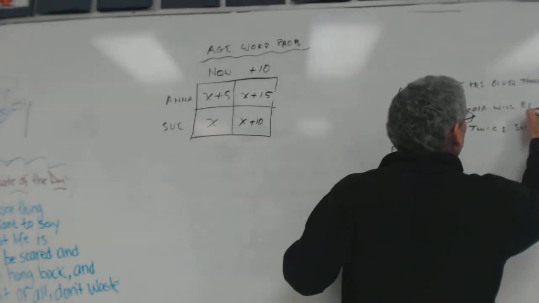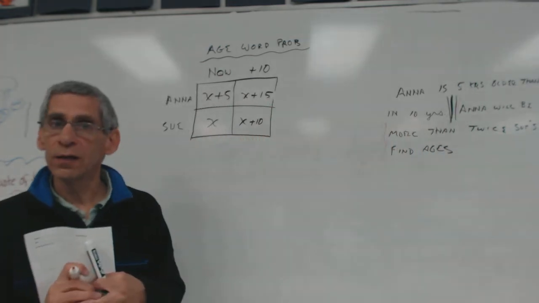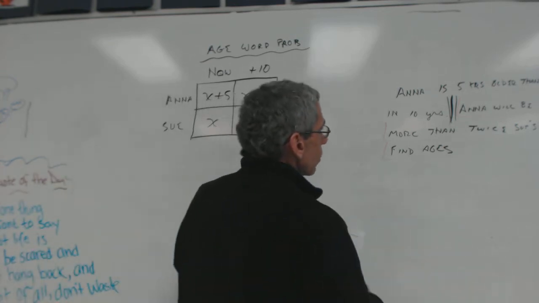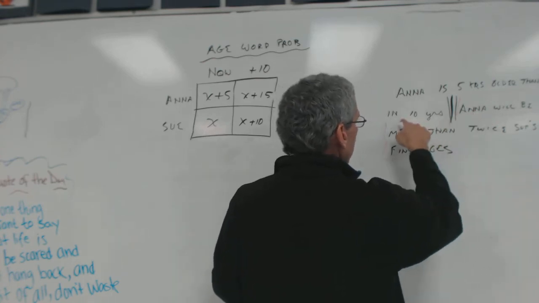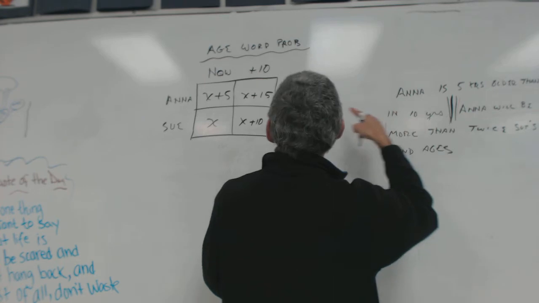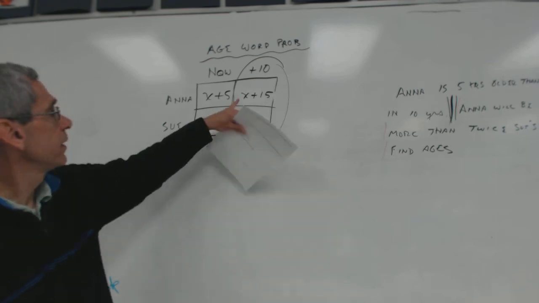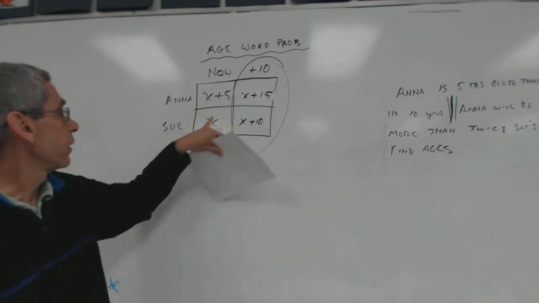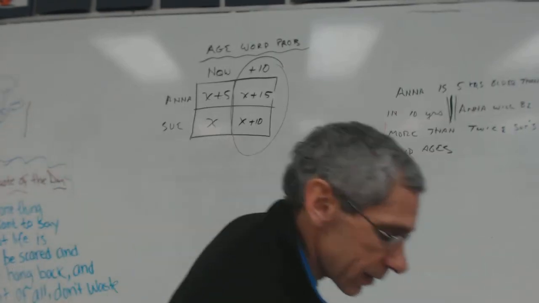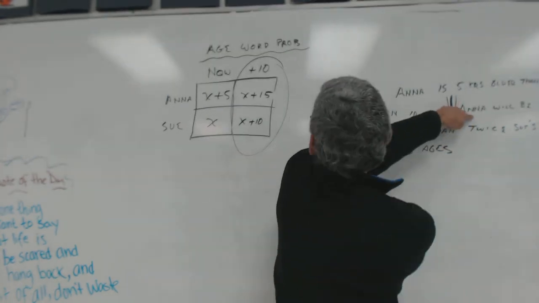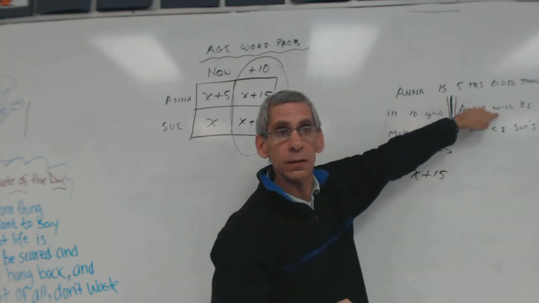Now this part right here, all of this, is going to be an equation. You're going to turn it into an equation. So Anna, what are we talking about? Are we talking about now or in 10 years? In 10 years. That means I'm using only this information. Whenever I see Anna's name, that's what I'm going to write. Whenever I see Sue's name, that's what I'm going to write. And I'm doing exactly what it says. Anna, X plus 15